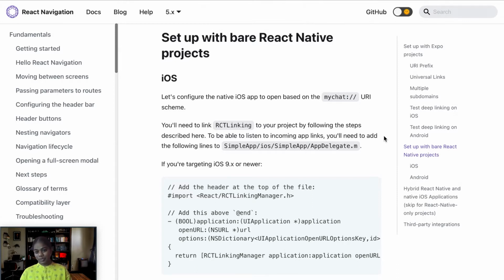Before moving to the configuration part, let's discuss the URL scheme. What is a URL scheme? If the user taps a link or push notification, how exactly does our mobile phone know whether the app is installed or not? If it is installed, it will take you to the app. If it is not installed, then it will take you to the browser. How exactly does your phone know? That is because of the URL scheme. A URL scheme is a name that your URL usually starts with. It may be HTTPS, HTTP, or your own custom name.